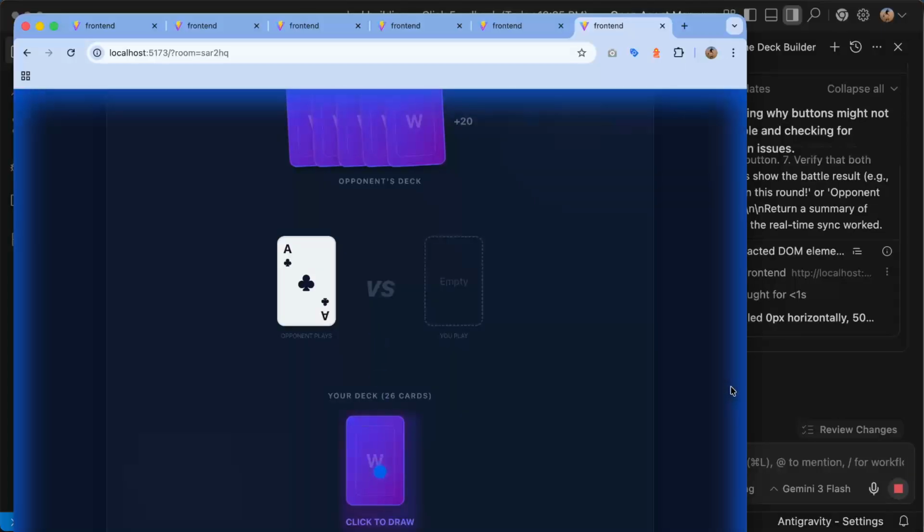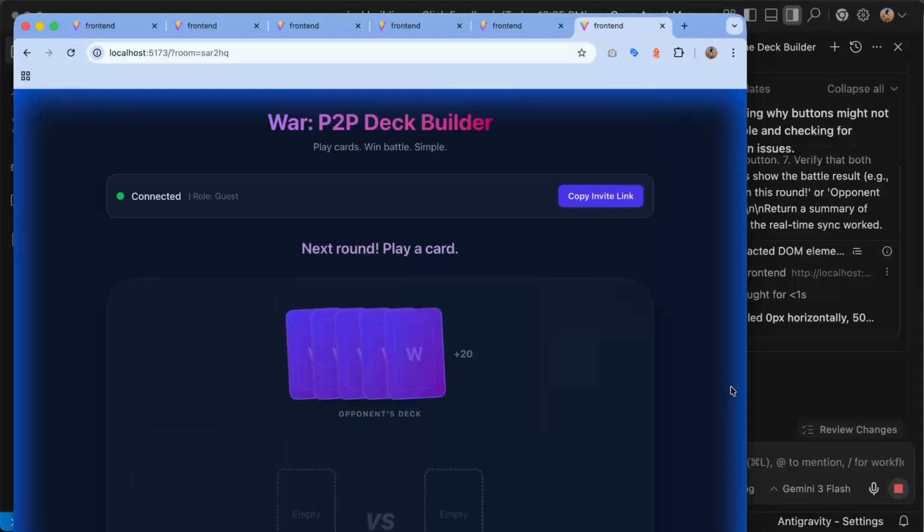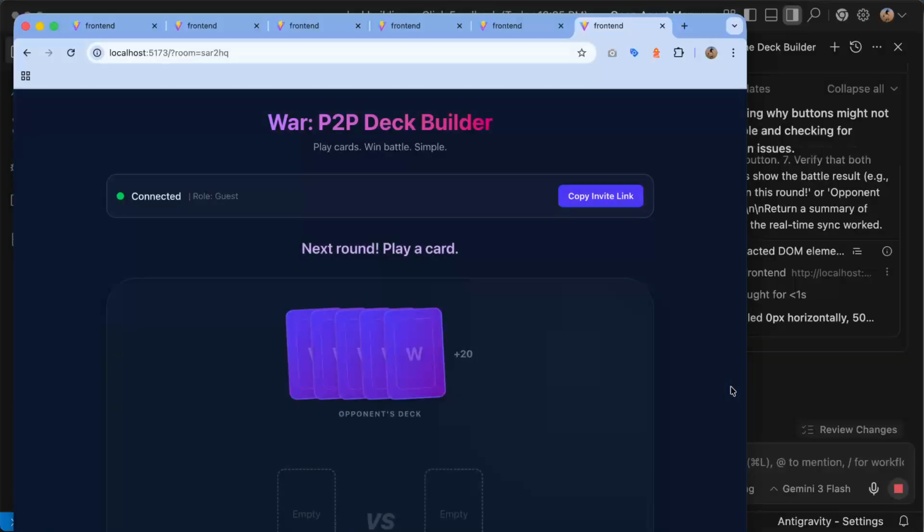I had more in mind something like Magic the Gathering, but okay, it's the first play, right? So you just play your own card, and then your opponent plays a card, and you have some kind of a peer-to-peer nice game there where you can play against your opponents, right?